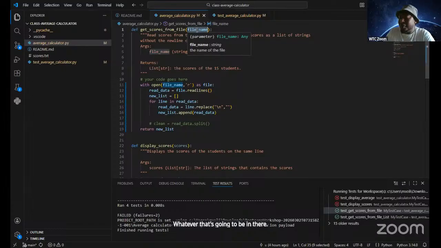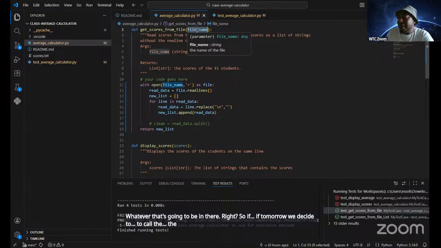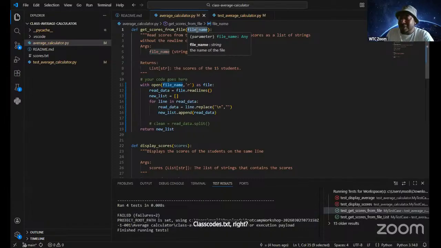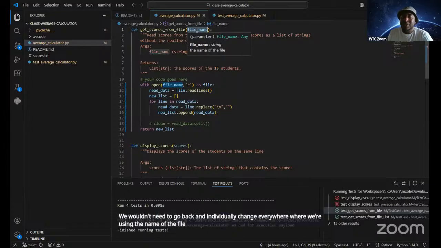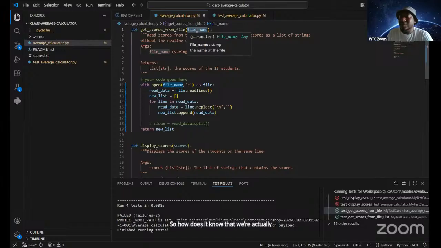If tomorrow we decide to call the file class scores.txt, because we just use the variable name file name, we wouldn't need to go back and individually change everywhere we're using the name of the file.